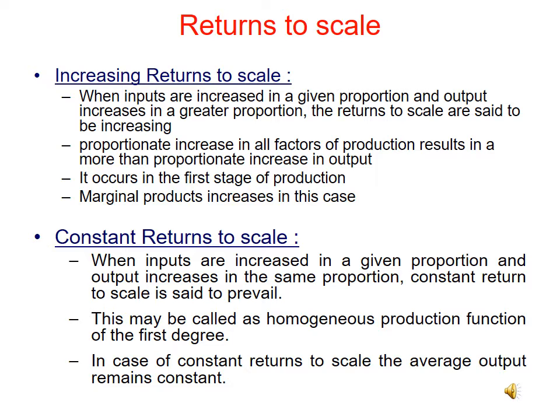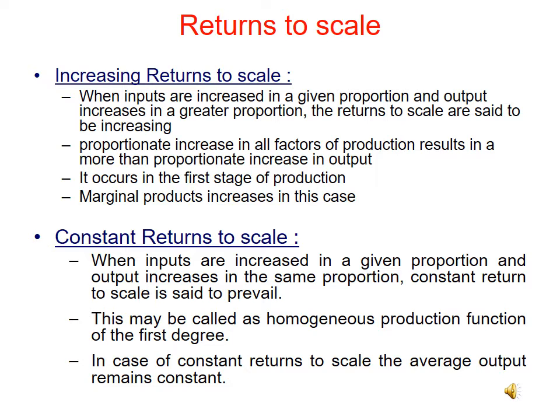Proportionate increase in all factors of production gives rise to a more than proportionate increase in output. And generally, if we recall our classical production function, there are 3 stages: first, second and third. The first and third are irrational zones, and the second zone is called the rational zone. In the first stage of the production function, we generally find this type of increasing returns to scale, and therefore